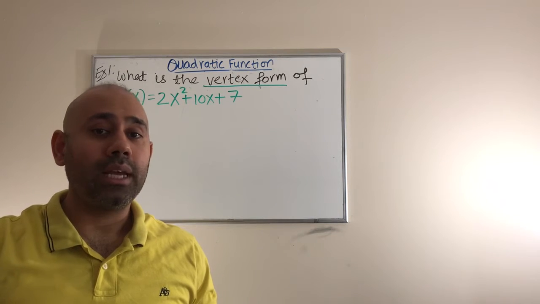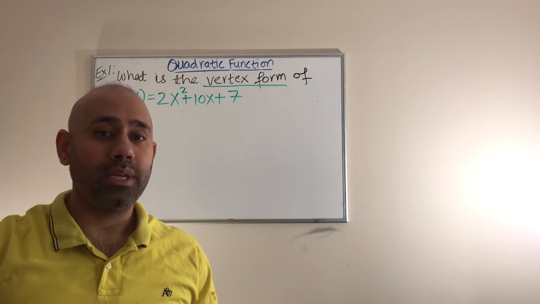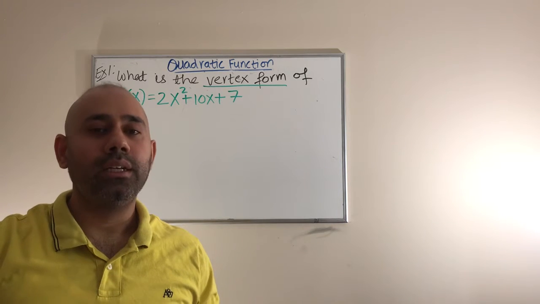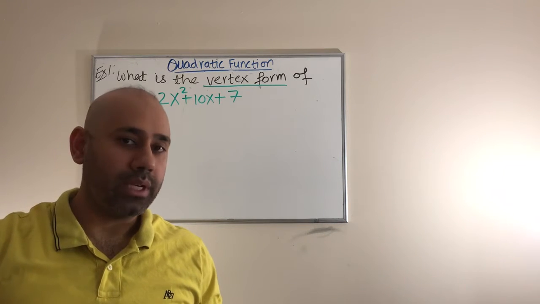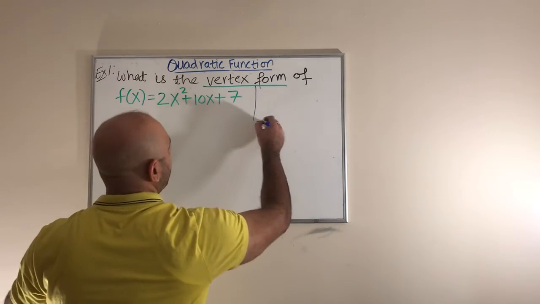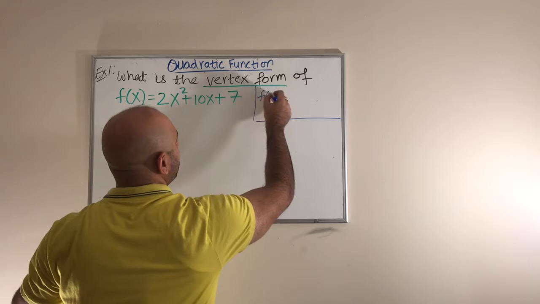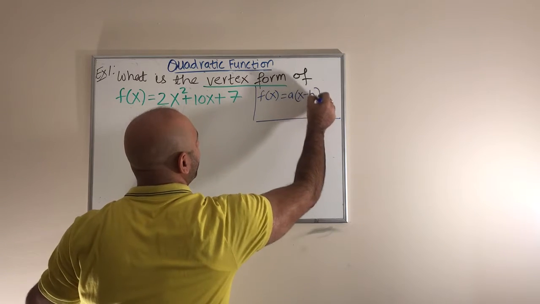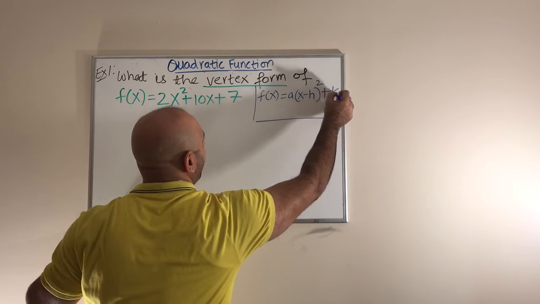Okay, so in order to convert this into the vertex form, first let us recall how the vertex form looks, and then we also want to recall the basic formulas for finding the things that are needed for a vertex form. So the vertex form is f of x is a times x minus h whole square plus k, and we already know